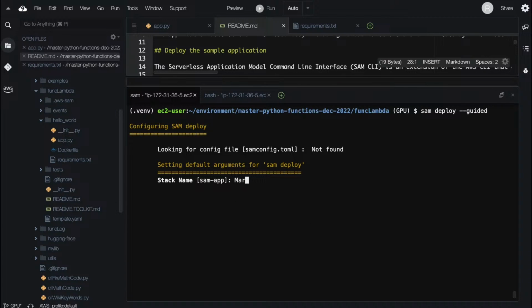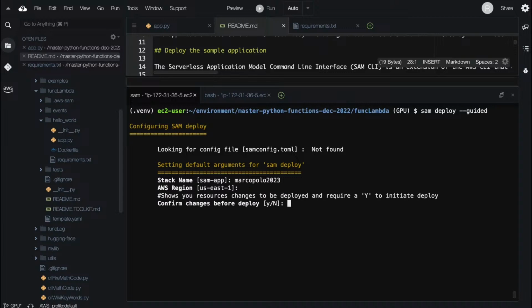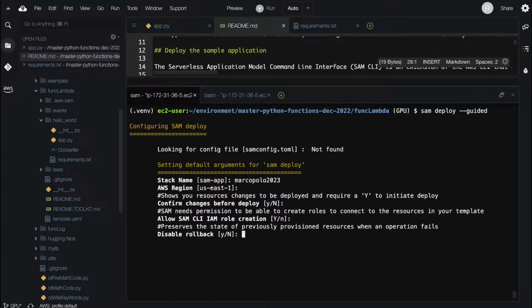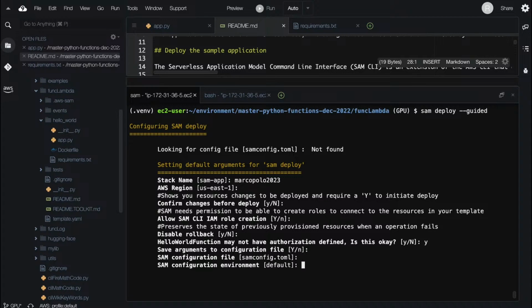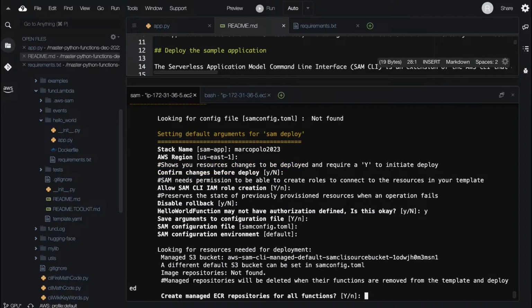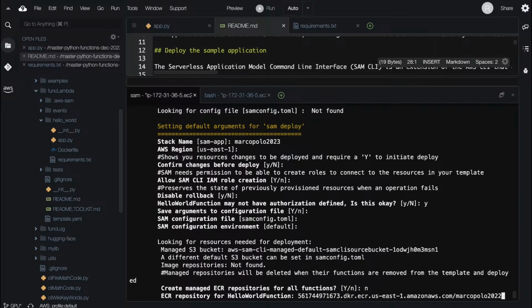Go Marco Polo 2022 or 23. There. Confirm changes. Yes. Okay. Last time. Create it. No. Let's try that.